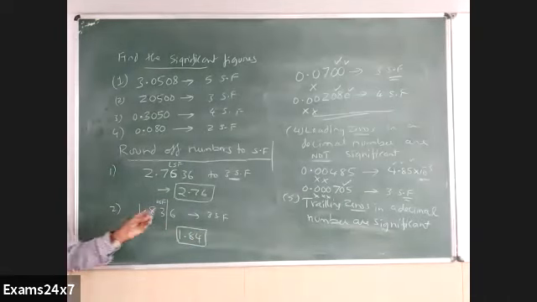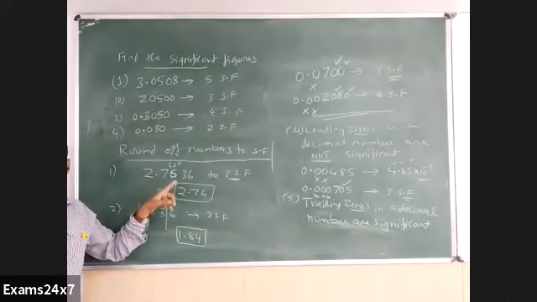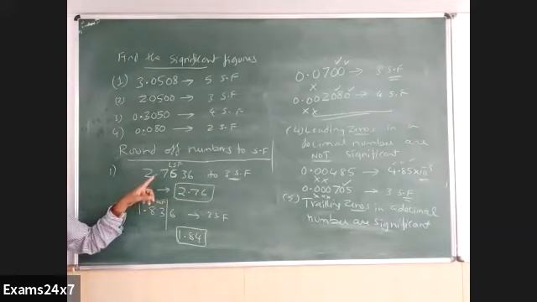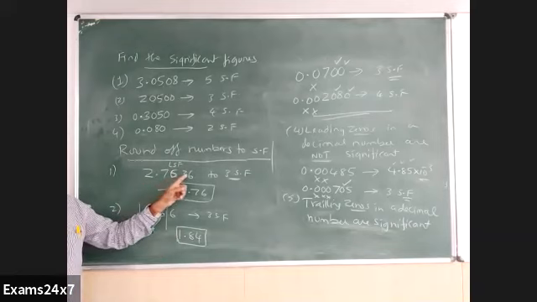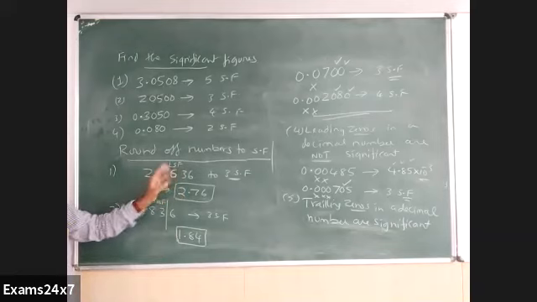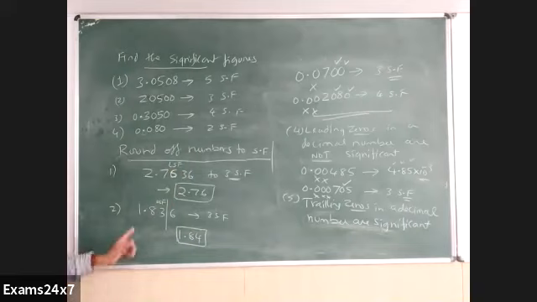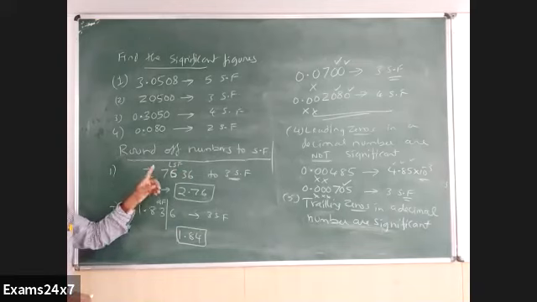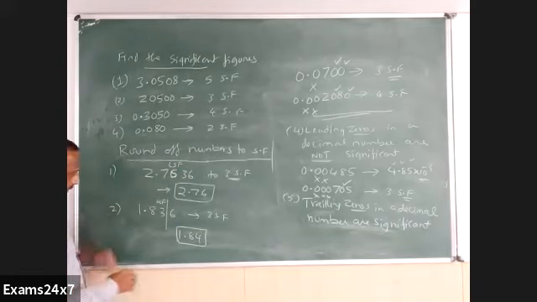So the rule is very simple. The number next to the least significant figure, if it is more than 5, raise that least significant figure by 1. If the number to be dropped is less than 5, simply drop it and retain the number as it is. Right? Correct. That is a rule now. Third rule. So I have given 2 rules with 2 examples here. One retained, the other one raised. A third example I will give for that. There you have 2 possibilities as per the rules.